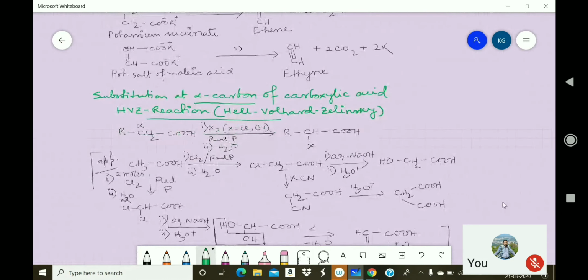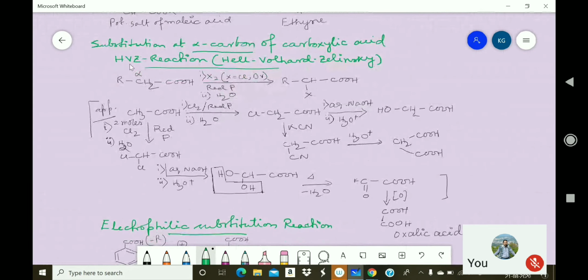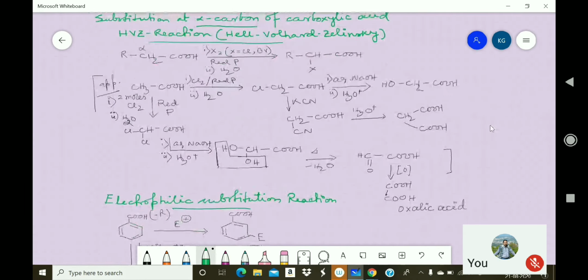Now next comes a very important reaction, namely the HVZ reaction, the Hell-Volhard-Zelinsky reaction, where a carboxylic acid is treated with halogen in the presence of red phosphorus, followed by hydrolysis, and then at the alpha position halogen substitution takes place. So when ethanoic acid is treated with chlorine and red phosphorus, chloroacetic acid is formed,